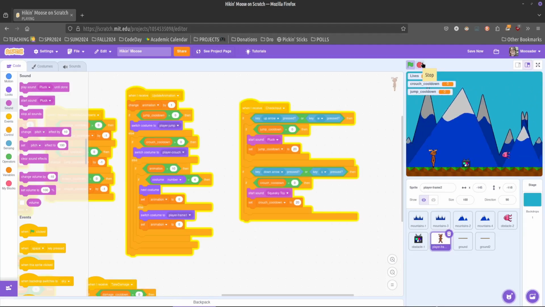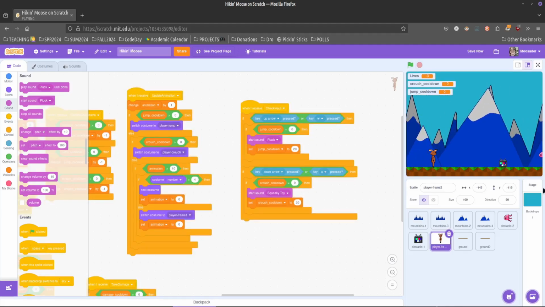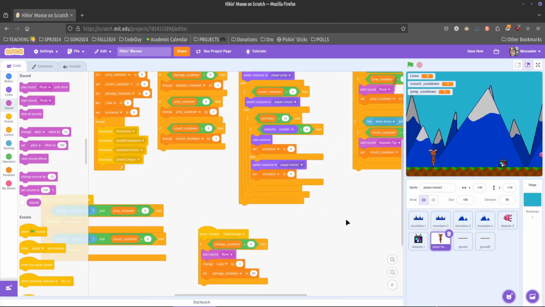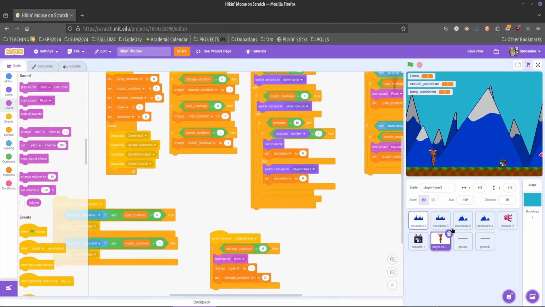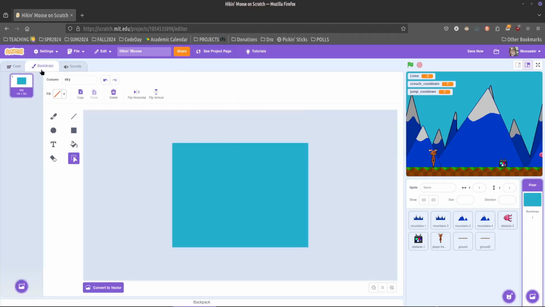We also don't have a game over state. We can add that as well. The game seems a little stuttery whenever the event happens with the sound, but not a lot I can do about that with Scratch. Let's go ahead, before we randomize these enemies, let's add a game over state. So I'm just going to add the code into the backdrop. I'm also going to create a really quick